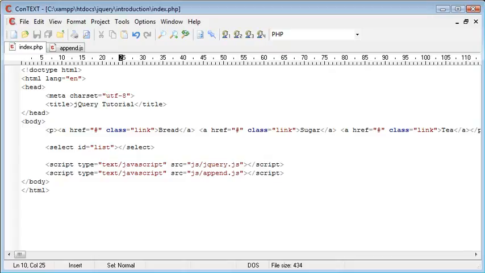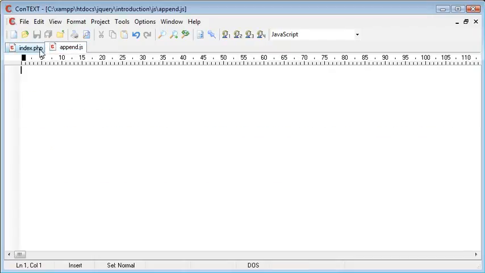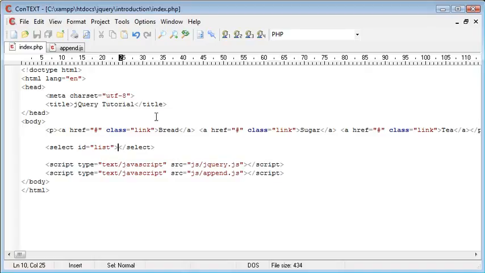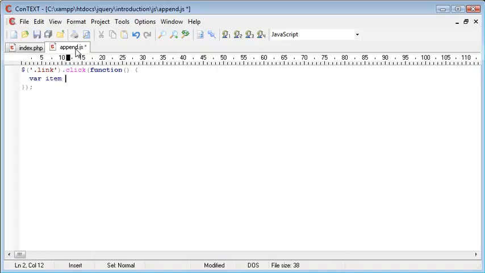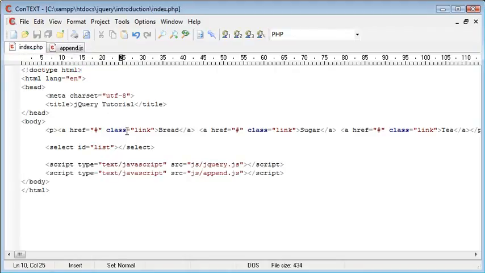Okay, so let's go ahead and look at the code. We first of all need to create an event handler for each of these links. So we've called this class link. So for each one of these links we can use .link, and when we click on one of these links we want to carry out a function. Let's bring that down a bit. So inside of this function we want to first of all take the value from the link itself. So I'm going to create a variable called item. Now we need to go ahead and reference the